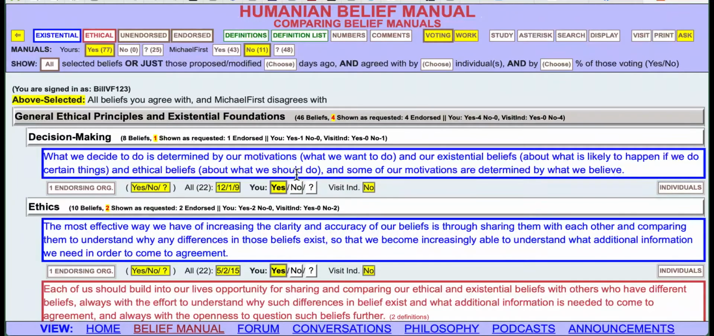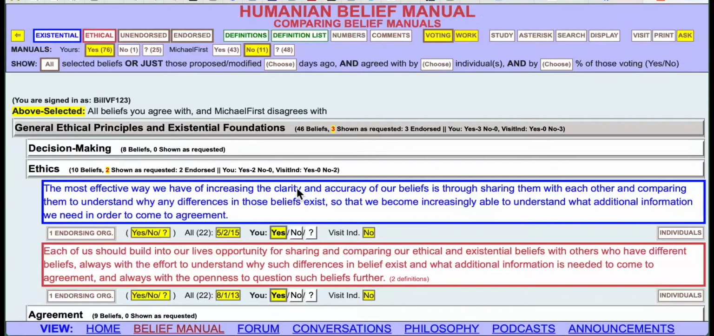So now, suppose I change my vote. I'll vote no on this, whereupon now I have 1 belief that I disagree with, and now I would be agreeing with the person I'm visiting. Okay, so now